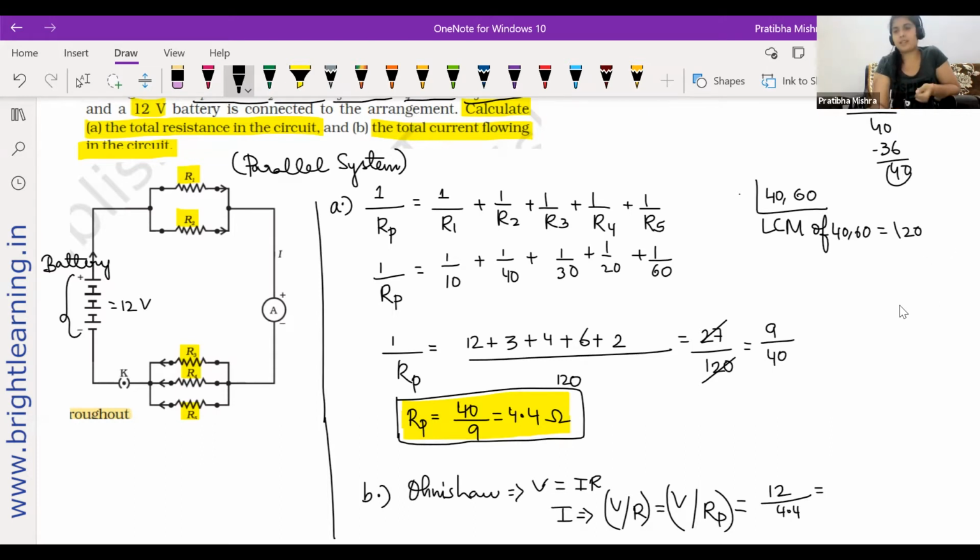Okay, let's do that. If you want to remove the decimal, you can also remove the decimal. So it will become 120 by 44, right? If you remove the decimal, so 120 by 44. Okay, so 44 threes are. Can you try out? Let's see. 4 threes are 12. 12 plus 130. No, it will be too much. We can't try that out. So 44 threes are, if you do, it will not be possible. It will be 132. So you can't try.